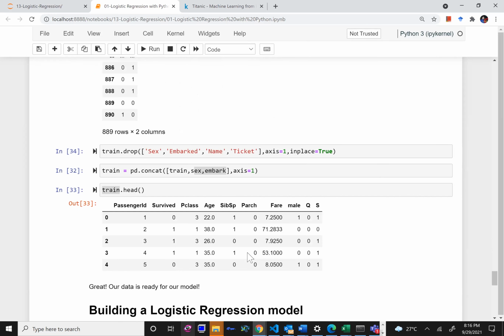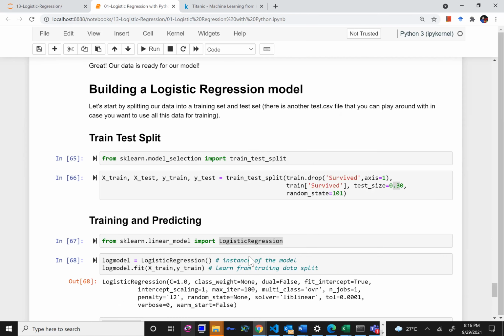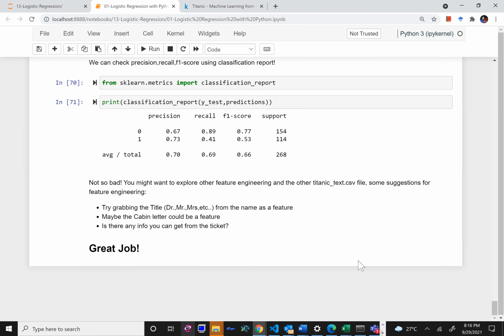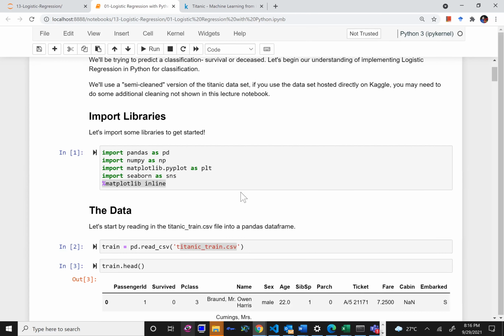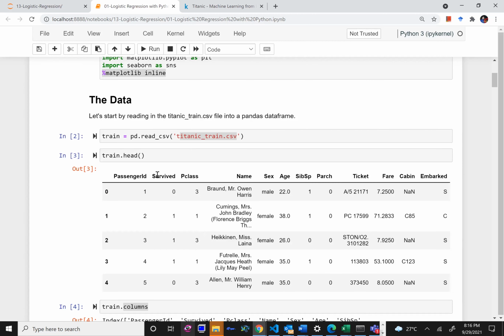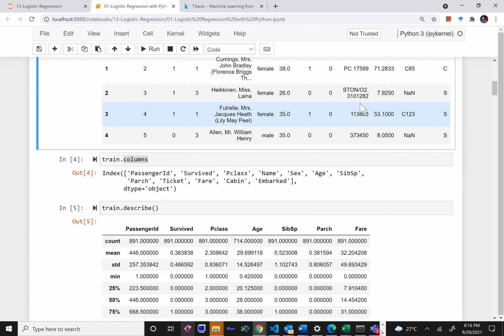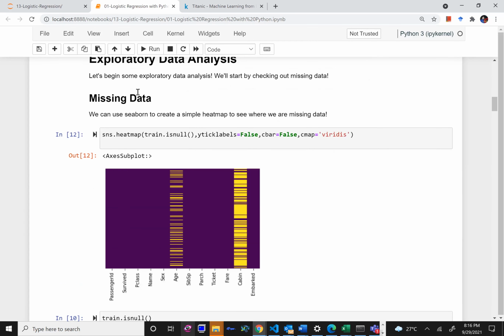You can try out all these things. Ultimately, let me go through it once more. We started with a Titanic data set which contained data about 890 different passengers who traveled on the Titanic, and out of them some survived and a lot could not. We have data like their passenger IDs, whether they survived or not, their passenger class, name, age, gender, parent child, whether they were traveling in a family or not, and other information. Based on that, we did some exploratory data analysis.